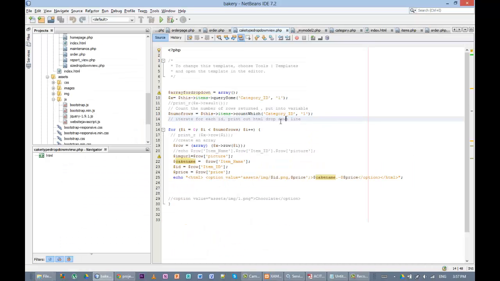Moving back onto it, with that in hand, we just iterate through it with a simple for loop. So with a for loop, we say that for every entry within that table that has a category ID of 1, give me a new row, put that data into a row array. From the array, I want you to break off for me the image URL, the cake name, the ID, and the price. And finally, what we do, and this is really where all the magic happens, is we print out or put out some HTML with each of those